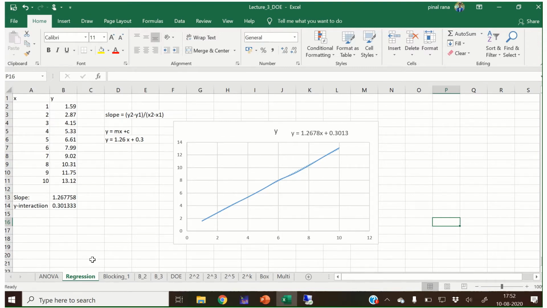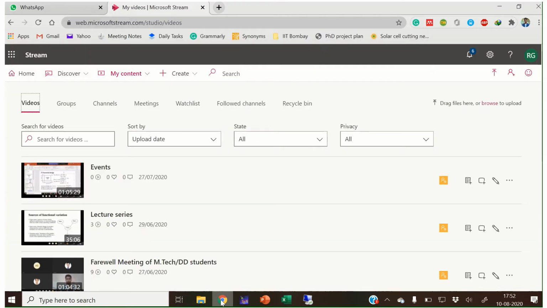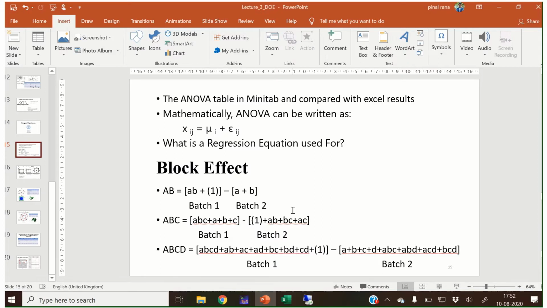Okay, now we will see the blocking effect. I already explained 2 raised to k factorial design. If you have not gone through it, I suggest you first see my previous lecture. In the interaction, I already explained the 2 raised to 4 factorial design.